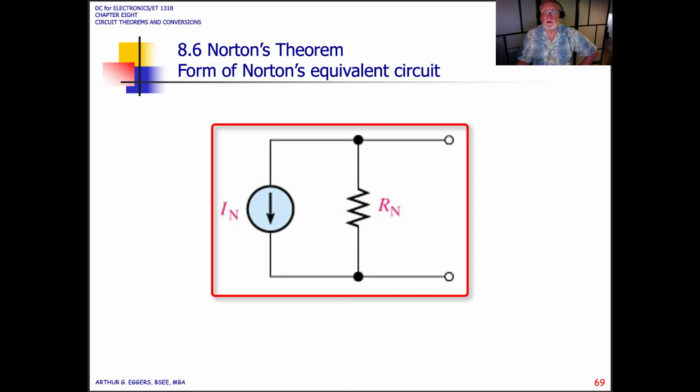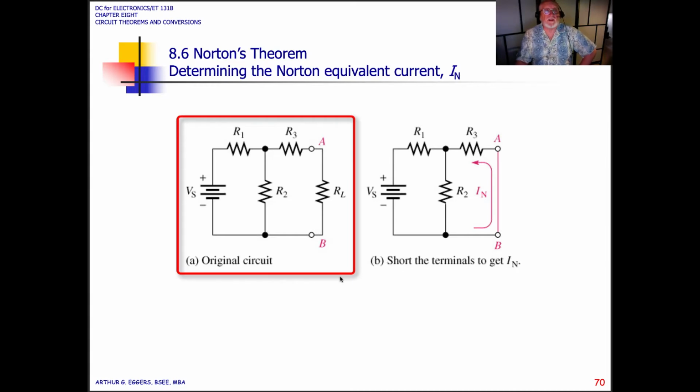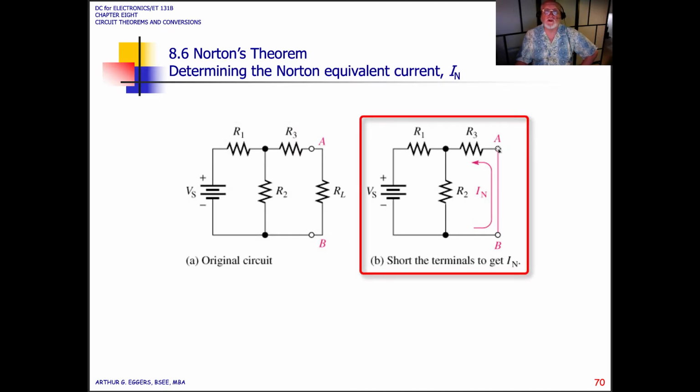exercise, if you will, circuit reduction using Norton's theorem. The process is a lot like Thevenin's. If this is our original circuit and we've got some load attached between A and B, with the Norton's equivalent, what we're going to do is short the ports A and B together. In essence, we're going to remove the load, short the output,